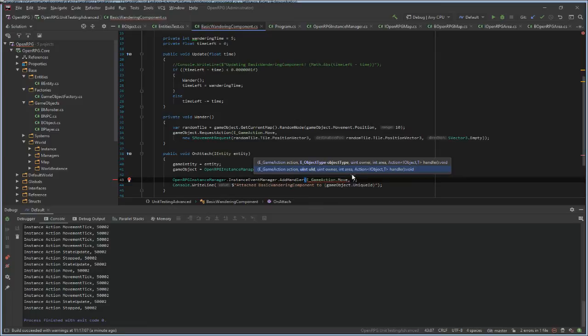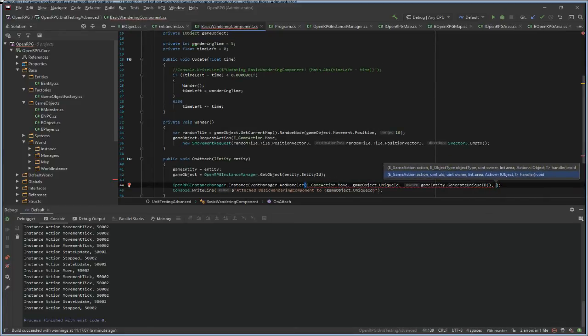I can specify the object type or the object ID. So I will have a unique ID, and the owner of this handler is myself. So I'll give it the same unique ID.